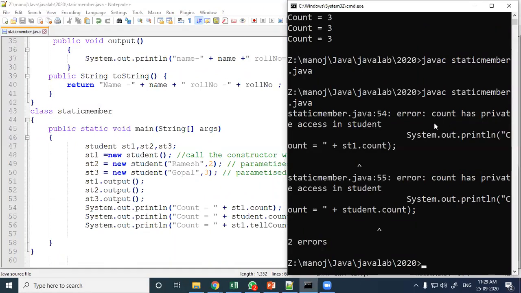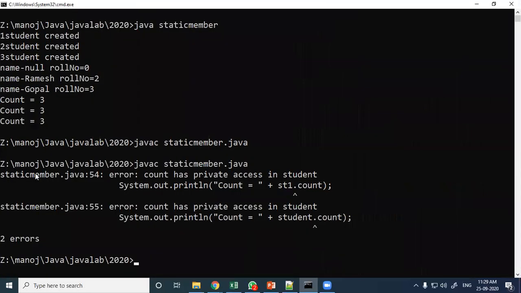It says count has private access in Student. So here, you see static member on line 54, count, is a private member. So in System.out.println, you cannot access a private member here. So two errors are there.